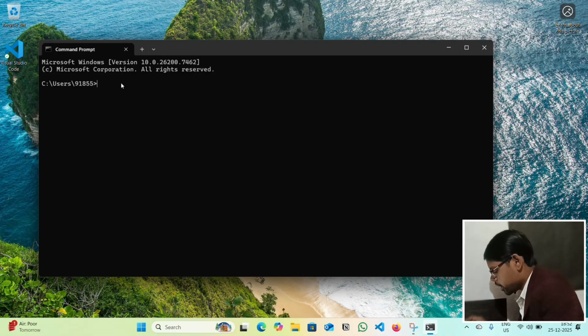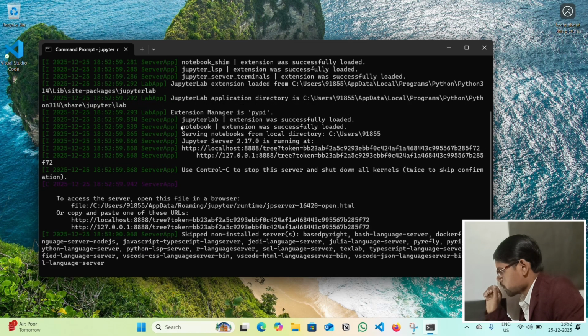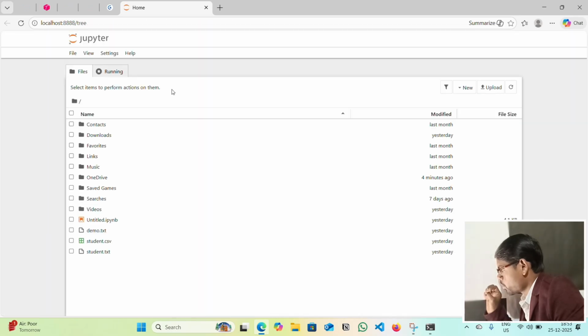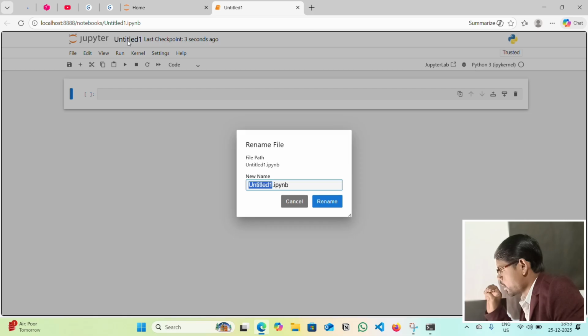First, open Jupyter Notebook. Create new, and change the name.